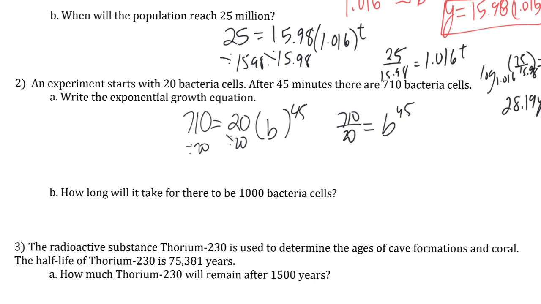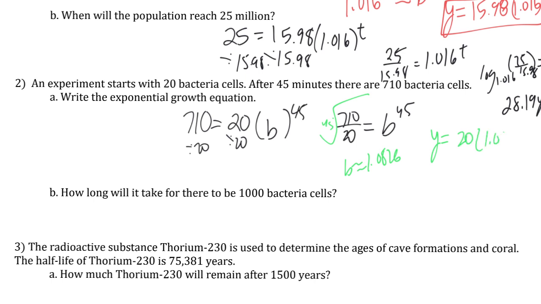Okay, to figure out what b is, you can take the 45th root of both sides. If you look in math, you'll be able to find that. And you're going to get your b is going to be approximately 1.0826. And so our new equation is going to be y is equal to 20